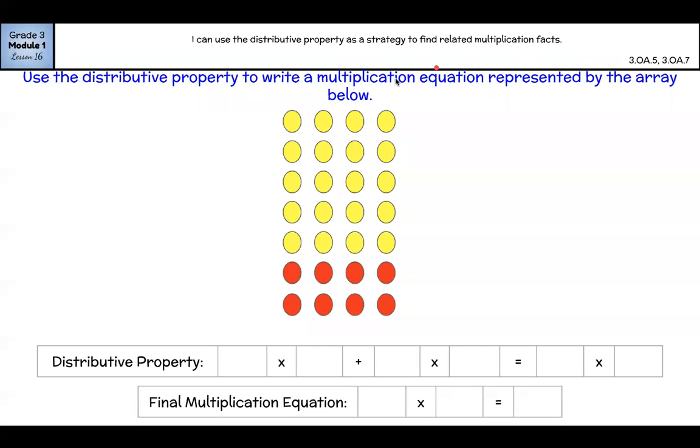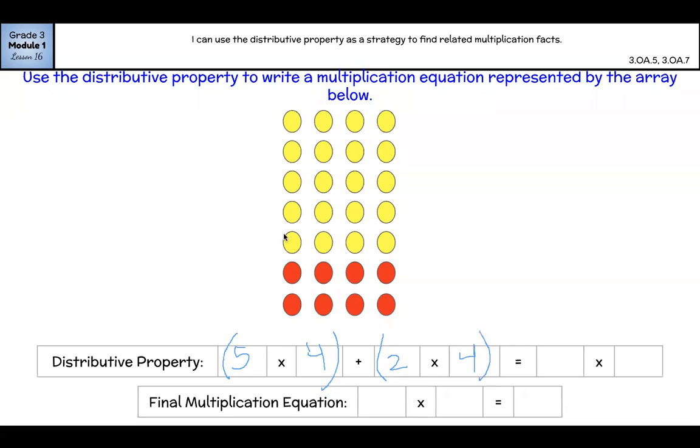Okay, moving on to your next one. What we have is 1 row of 4, 2 fours, 3 fours, 4 fours, 5 fours. So this would be 5 fours or 5 groups of 4. And then remember, when we practice this in our group, we always put these parentheses. And then we're adding these other 2 more groups of 4. So that would be plus another set in parentheses, 2 groups of 4